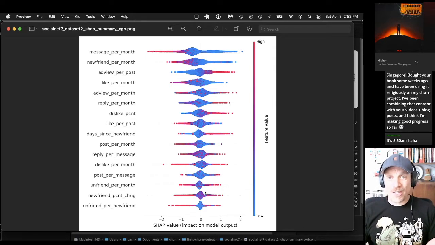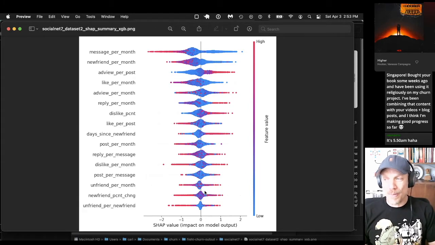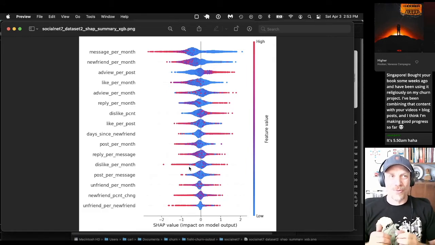Now in the book I actually said, don't even try to interpret XGBoost. Just look at the logistic regression for interpretation. But I didn't know this method when I wrote that, and now I'm completely converted to using this to interpret XGBoost. Now it can also do explanations of individual examples, which I didn't really demo. I didn't prepare that. I've got other stuff to do in the rest of the stream. Maybe we can do that later.